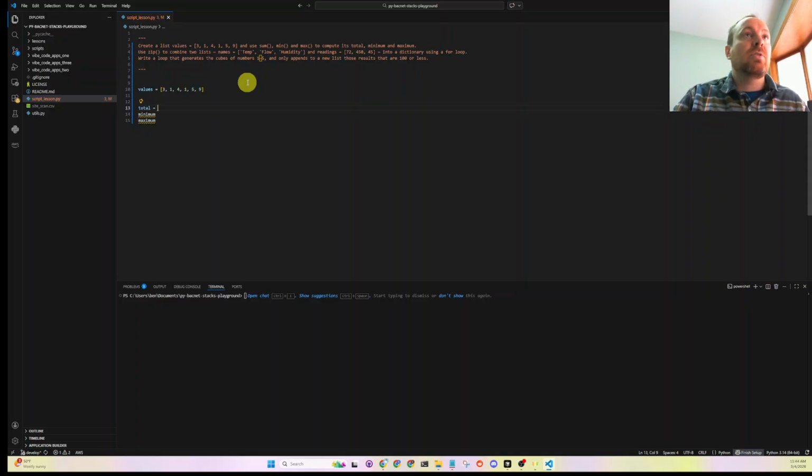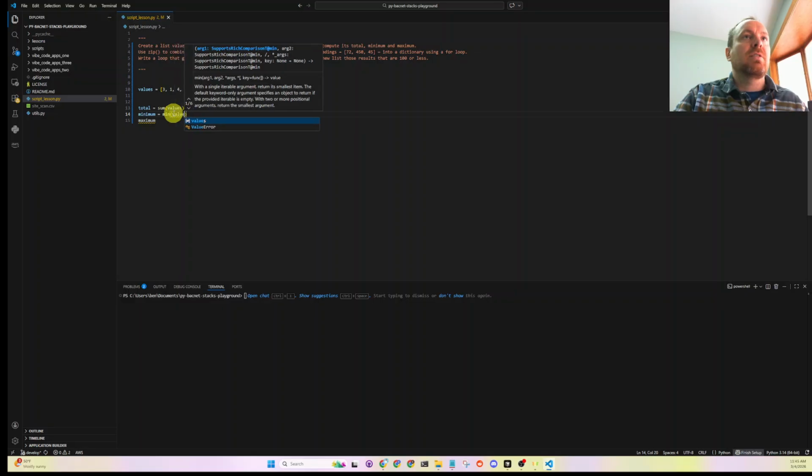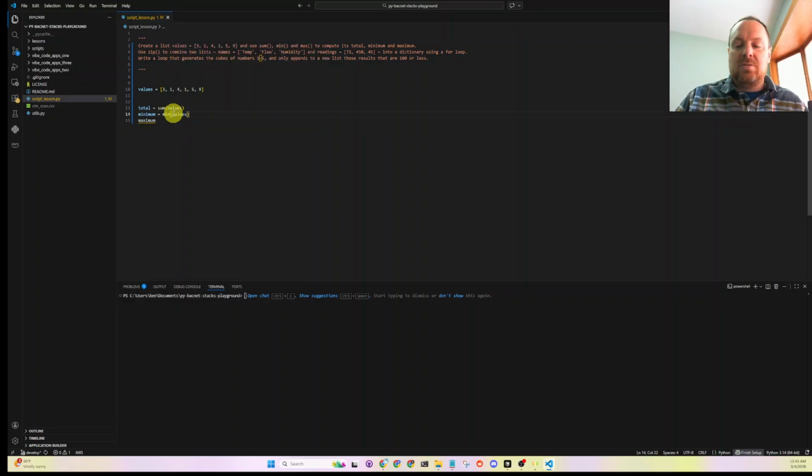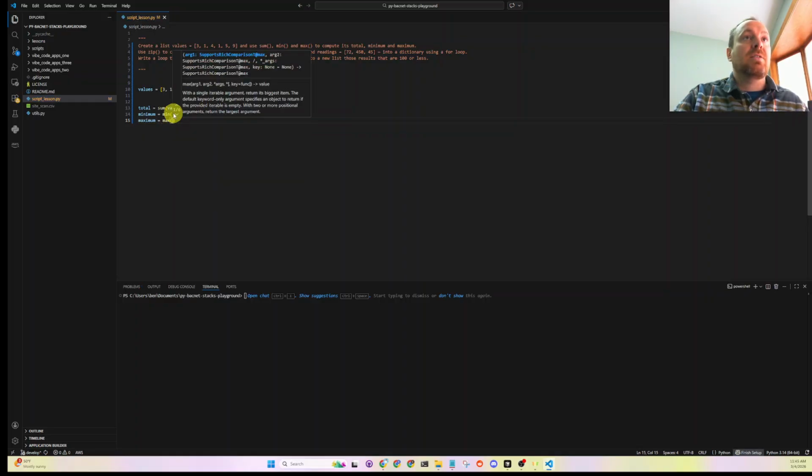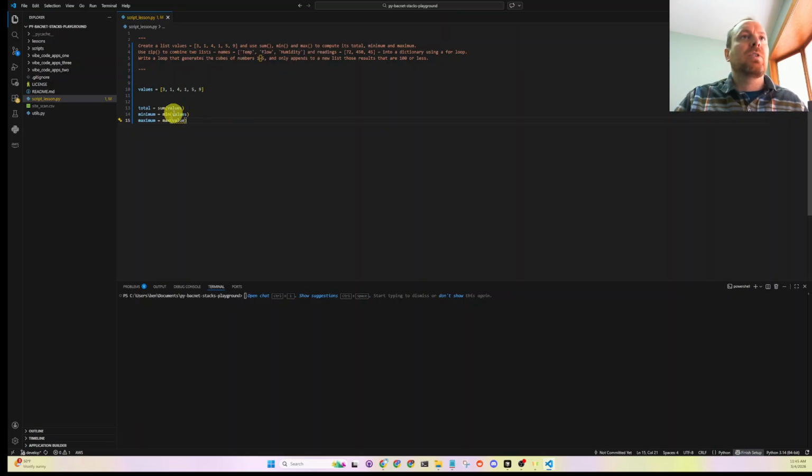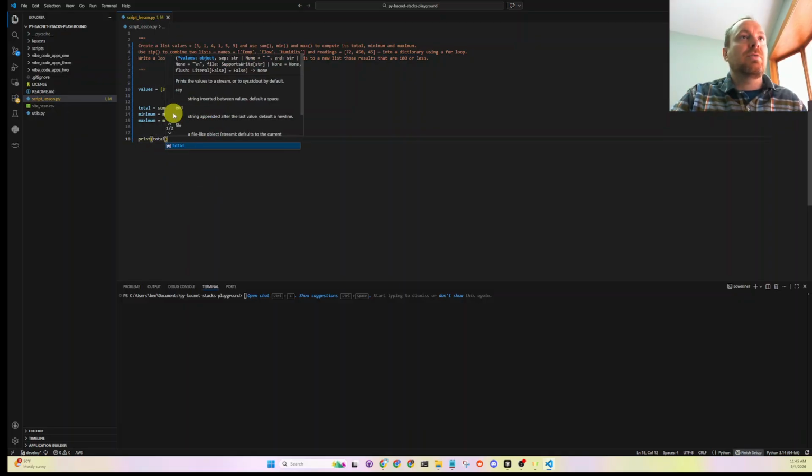Okay, so total equals values sum, I think. Actually, maybe we do sum and then pass in values. That's what it's supposed to be. And then we can do min dot values. And then this would be max dot values. And then we can do print total